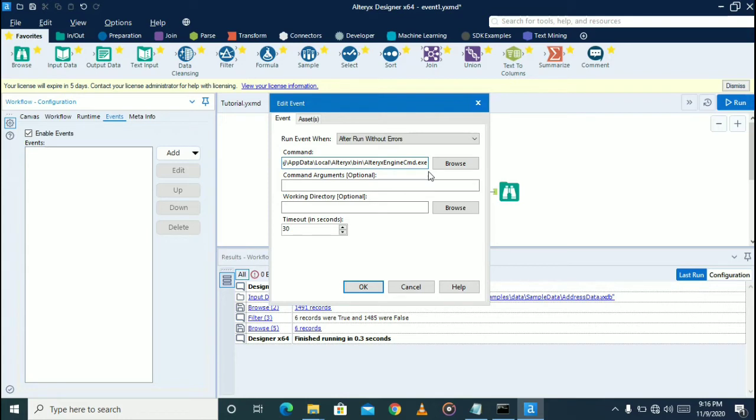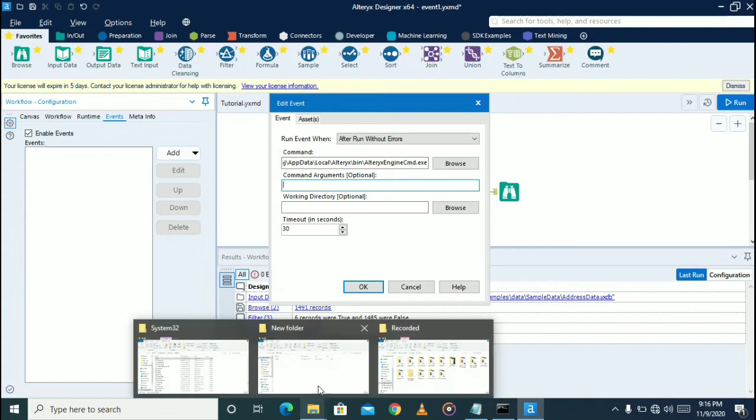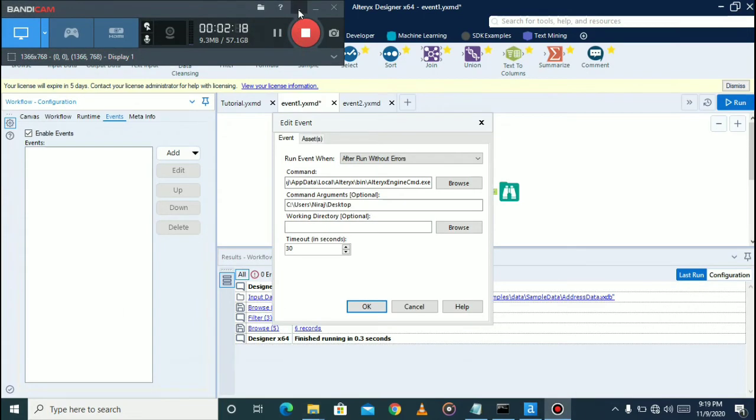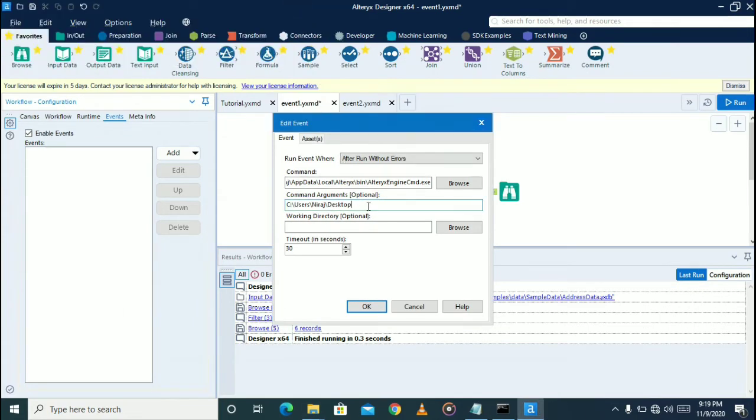We have given this AlteryxEngineCmd.exe file here, and now we have to give the path of our second workflow. This is the path where I have kept the second workflow, and here you just have to add the second workflow name,